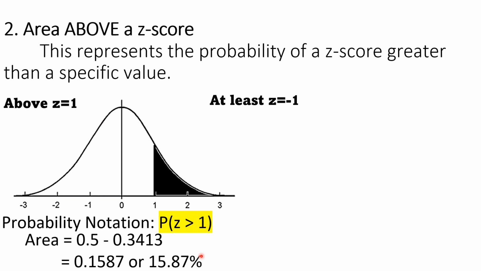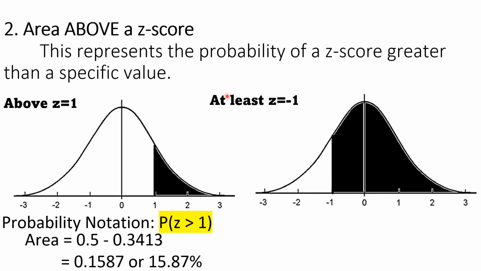So example number 2, what about this? At least Z equals -1. So the keywords in case 2 are greater than, more than, above, and at least. So it's under case 2 because of the word at least. And just imagine, when you're struggling or having difficulty deciding if it's case 1 or case 2, just imagine what are the numbers